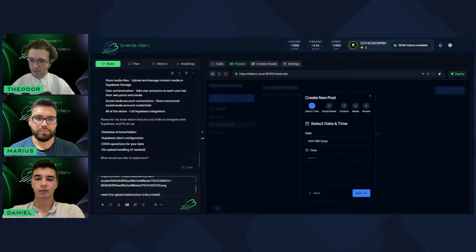I want the upload media button to open a modal, not to be a modal, to open a modal. And I want the inside of the modal to have an input where the user can paste the links above